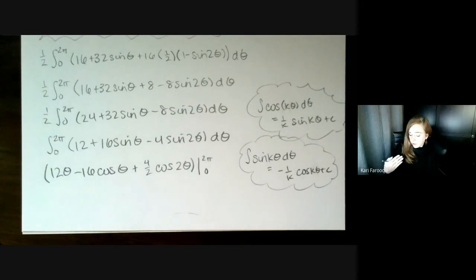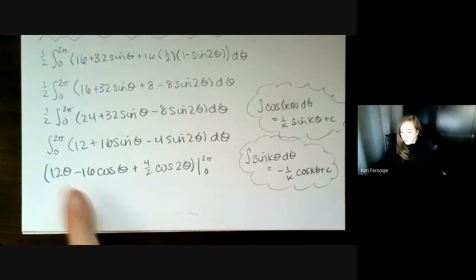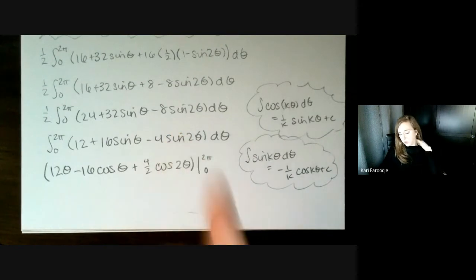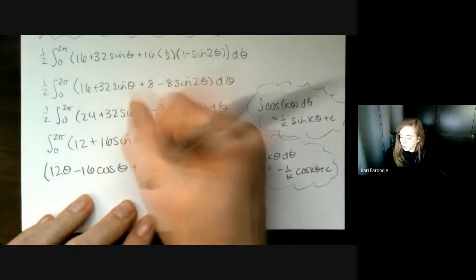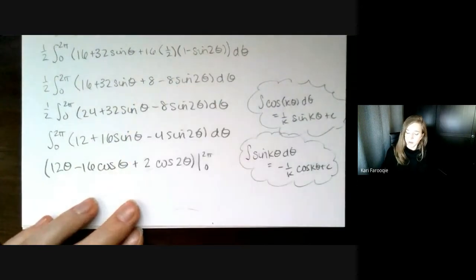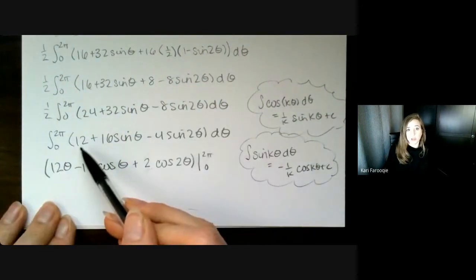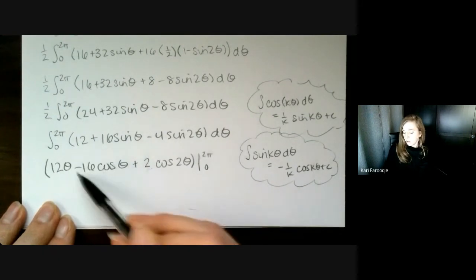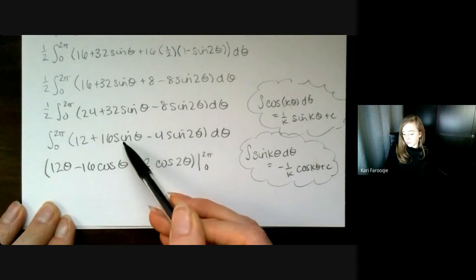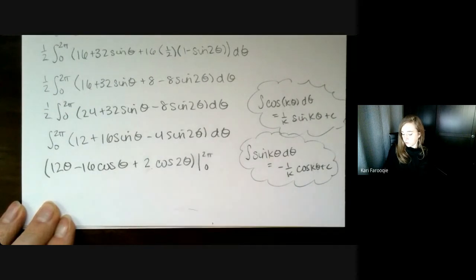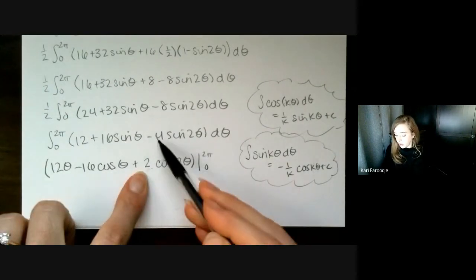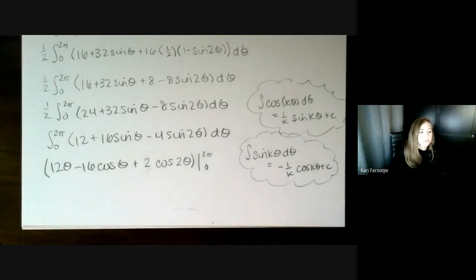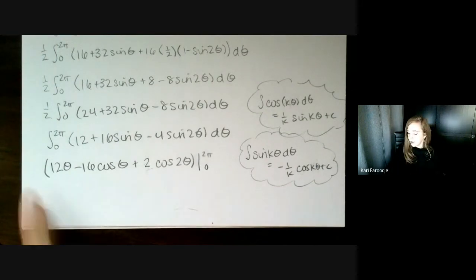What I like to do, especially with trig functions, is make sure that my derivatives match up when I go the other direction, just so that nothing gets lost. So if I switch this 4 over 2 to a 2, then I'll be able to just take the derivative and make sure I get what I started with. So the derivative of 12 theta with respect to theta is 12. The derivative of cosine is negative sine. We've switched, so everything's okay there. And then for cosine 2 theta, you get negative sine. And then when you use the chain rule, 2 times 2 gets you to that 4. Just verify. Any questions here?